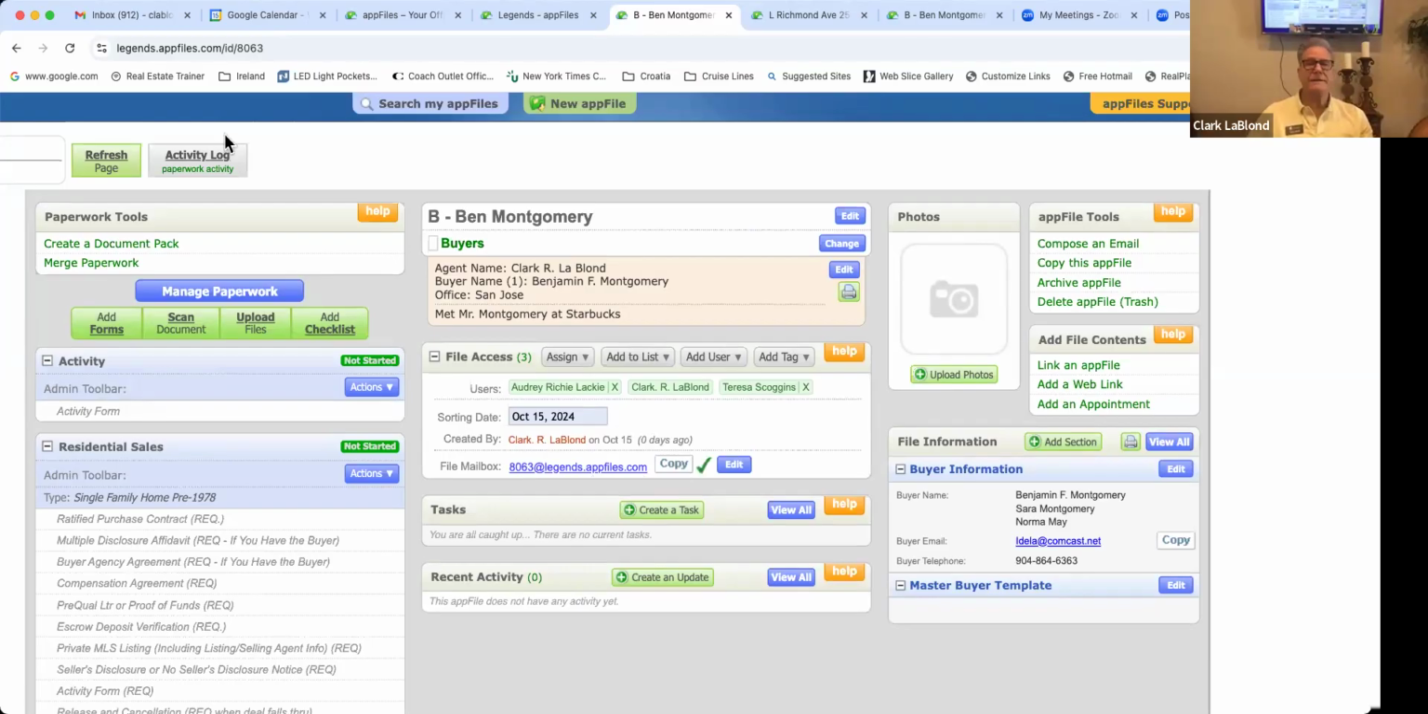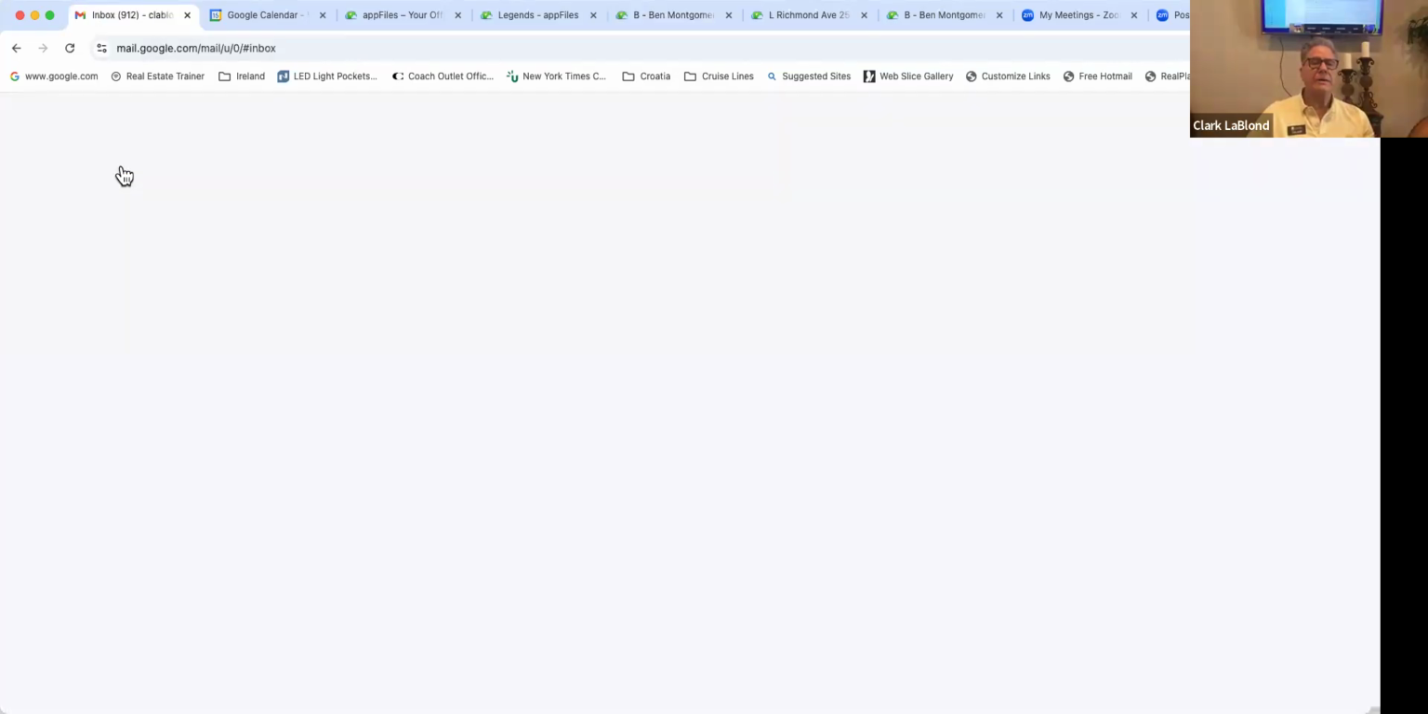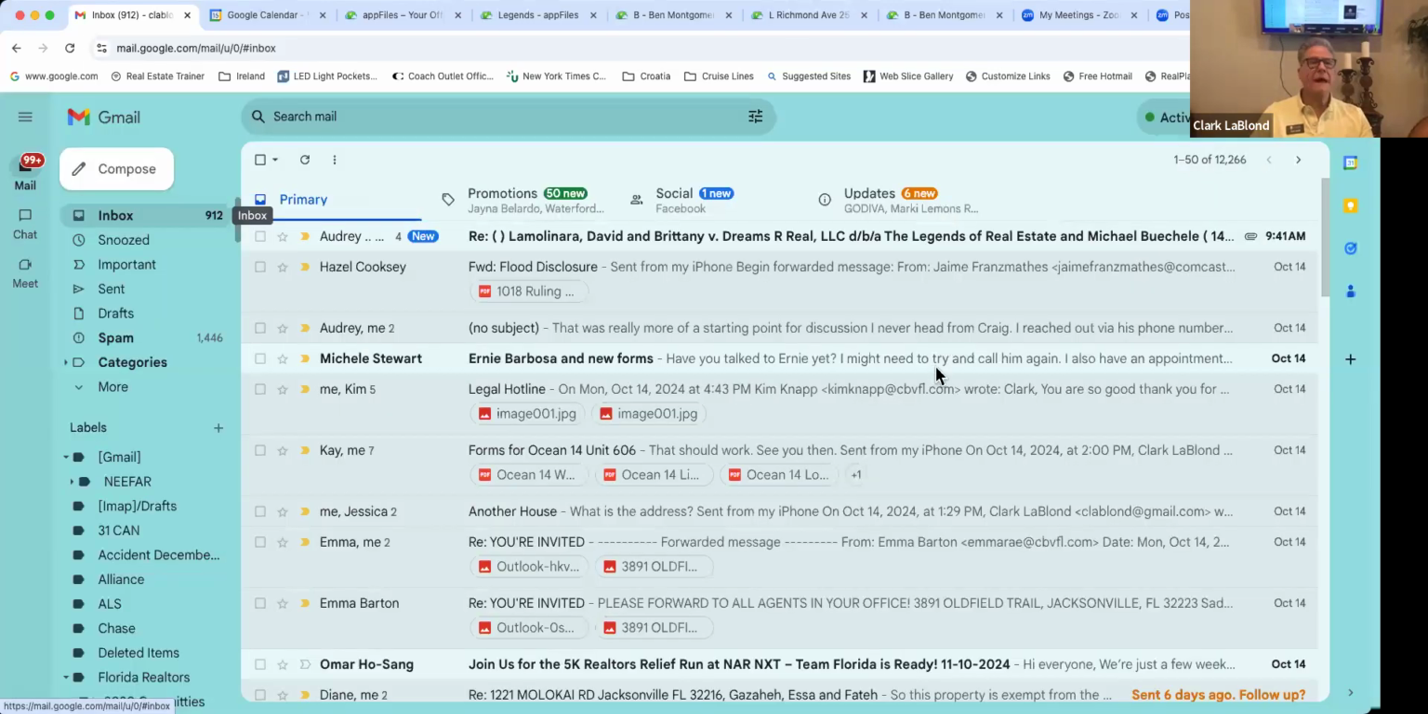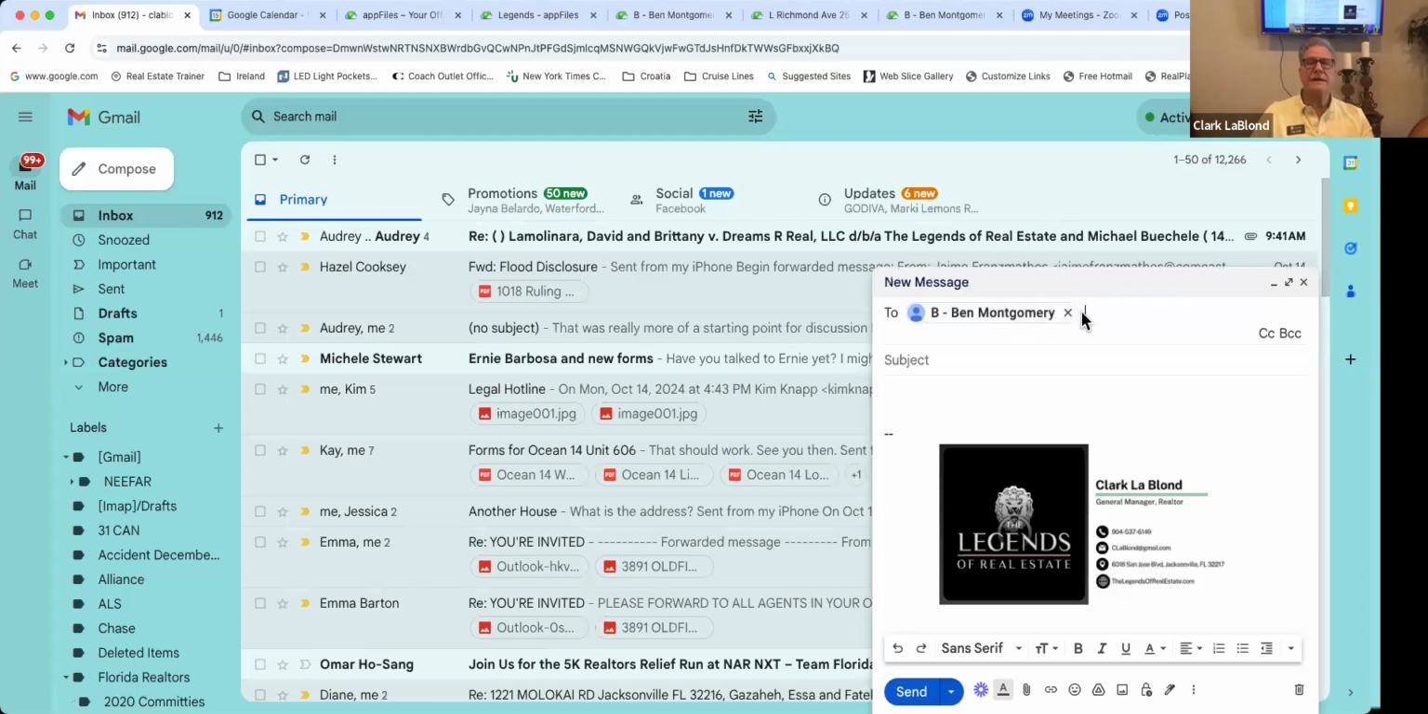So if I copy this email address and I go to my email, and I compose an email, I can just go ahead and put that email address in here and it will send a copy of this email straight into the file. So if I were sending an email outside of the file to Mr. Montgomery, I might be able to send it in there. Or if I've received something from Mr. Montgomery that I want to have go into this file, I can send it directly there by using